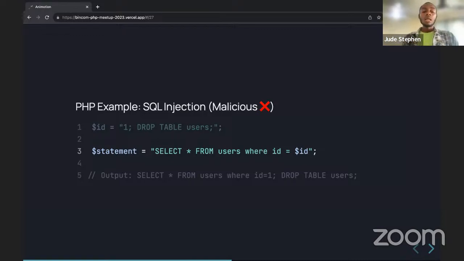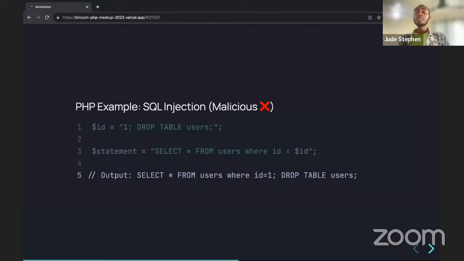So let's say the user passed this string as the ID. It passed one, closes the SQL query, and then enters the new SQL statement. Now with this already, this is what our output is going to be. Select from users table where ID is equal to 1, and then the second query will be drop table users.